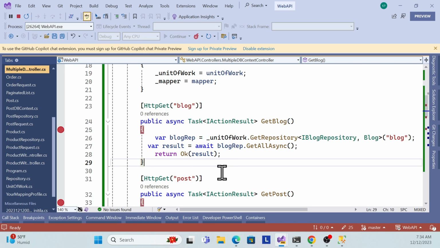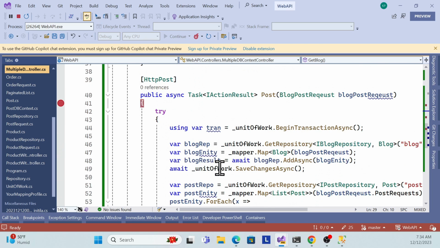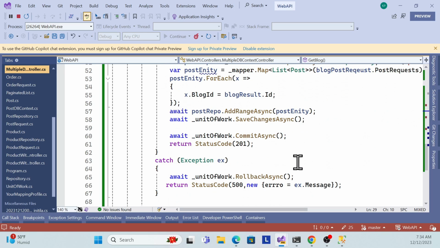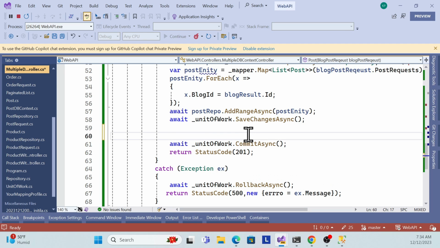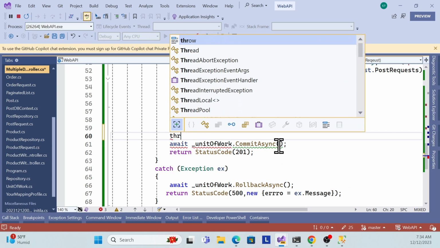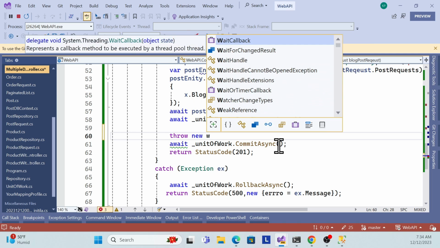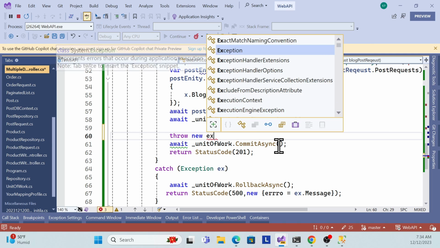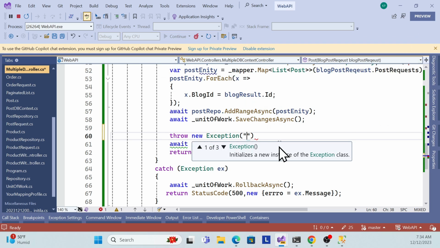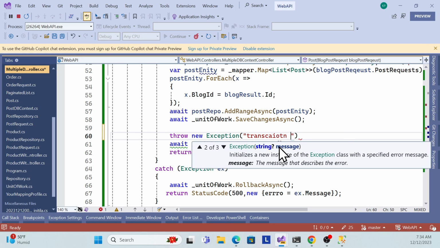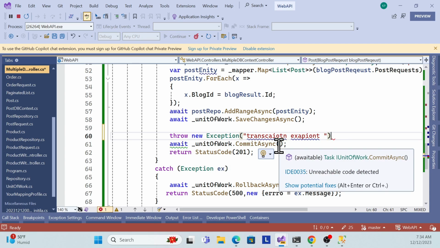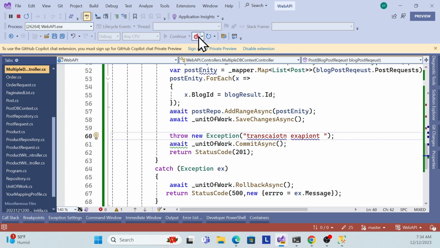Suppose we have missed something, so that should be rolled back. What I can do is forcefully throw an exception here. So how can we do this? It's very simple. Throw a new exception and pass it to the transaction exception, right? And save. This time I hope hot reload should work. Okay,